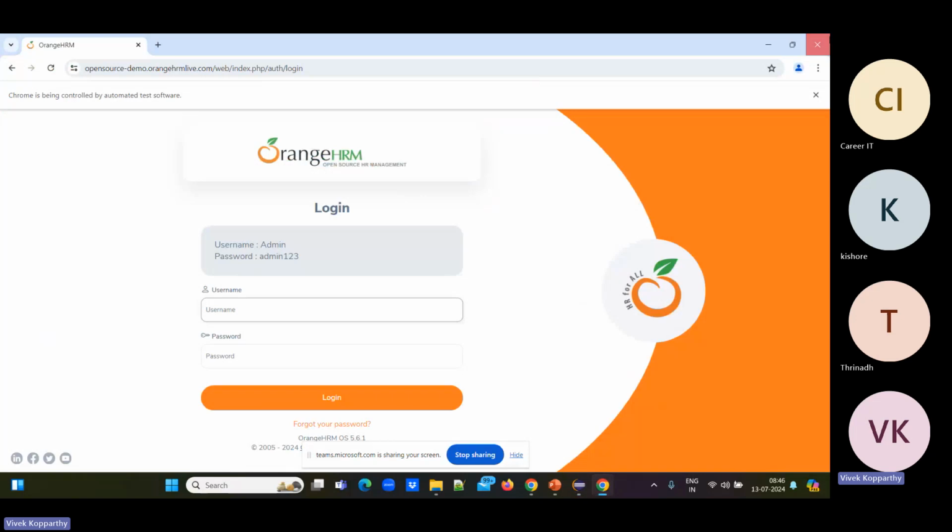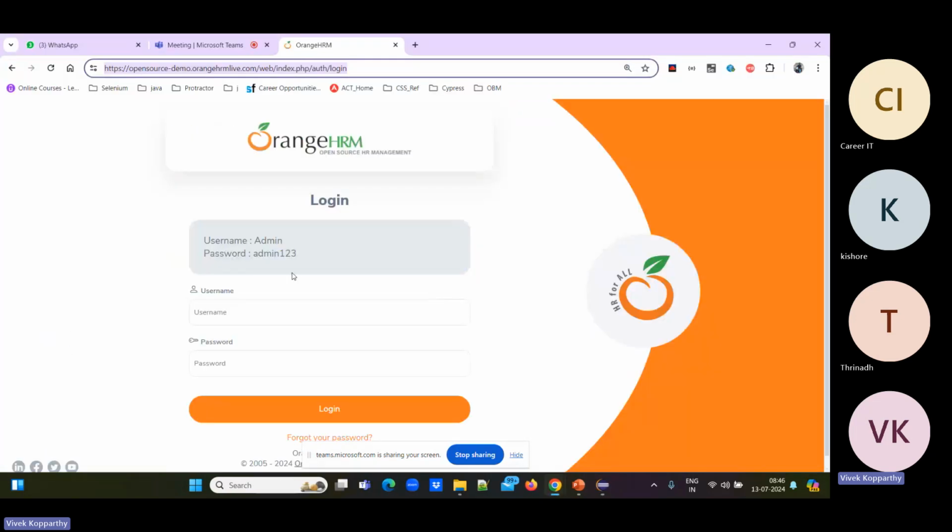Now, as per my requirement, I need to enter a username here. If we are doing it manually, we human beings have intelligence, so we can identify, okay, this is a username field. But Selenium is not an intelligent software. Selenium does not have any artificial intelligence. It is simple software that does the work based on the commands you pass.